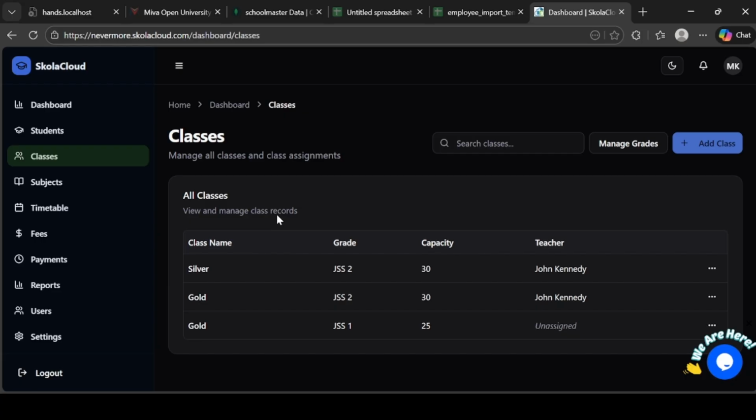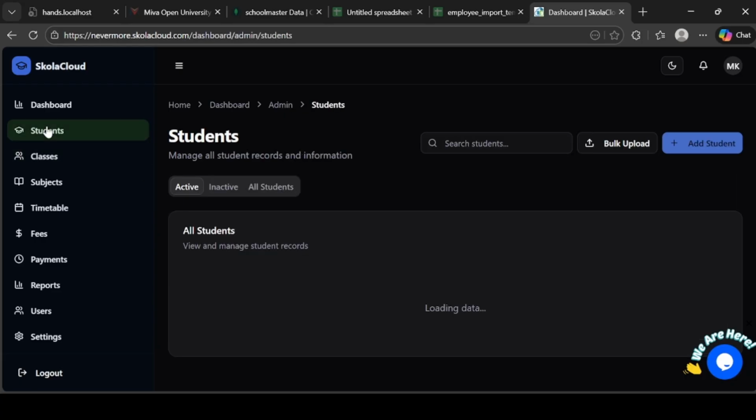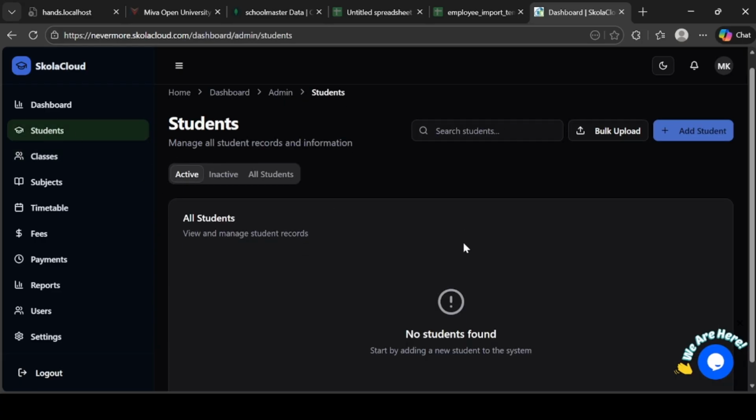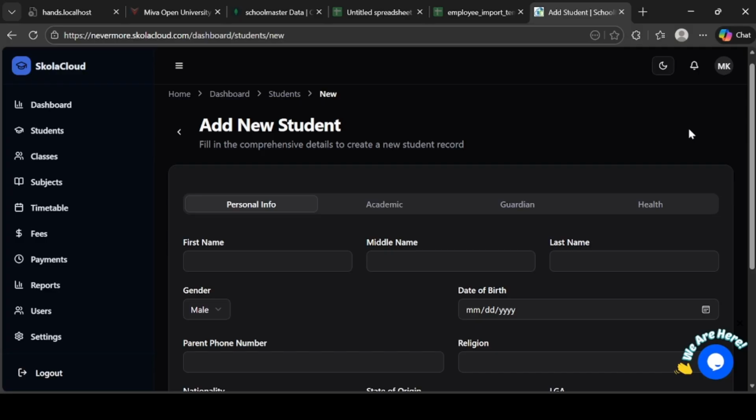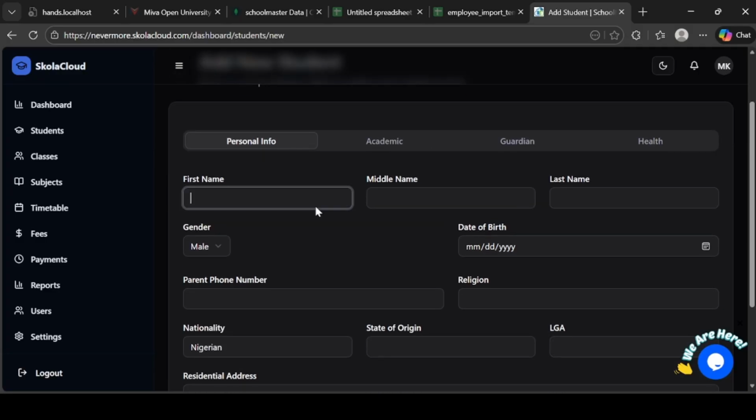So let's move on to the students. There are no students here. You can also do a bulk upload. You see the student, you can filter by active, inactive, or student. You can do a bulk upload of students. You can also add students individually. So let's say the student name is, first name is Mary, middle name is Annie, surname is Lux,